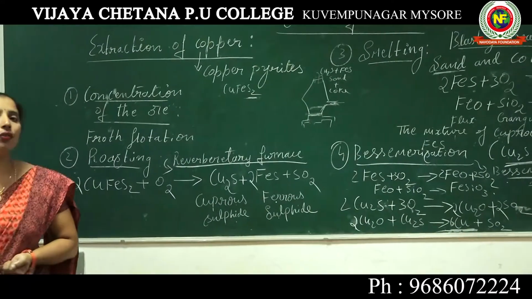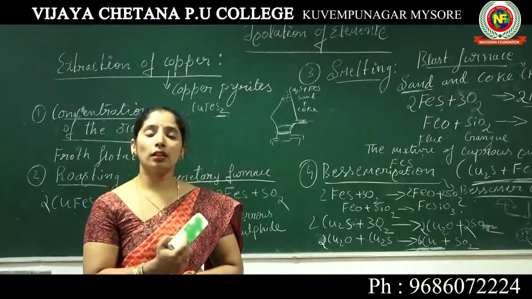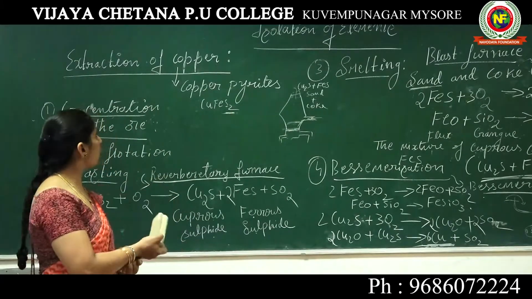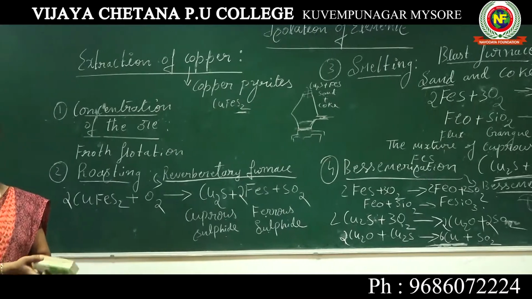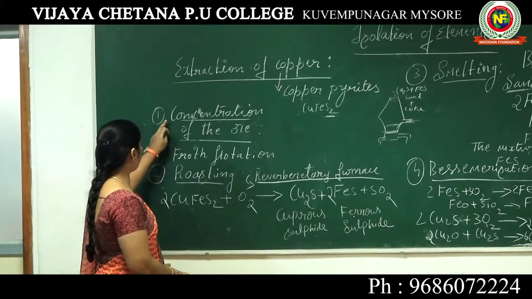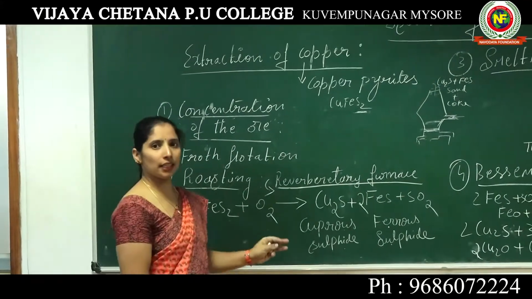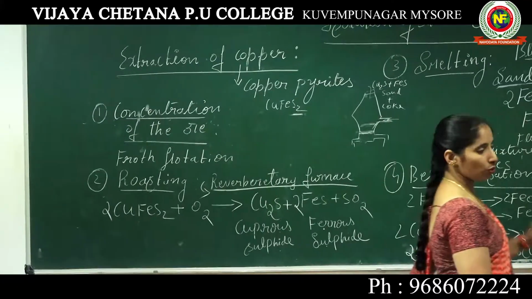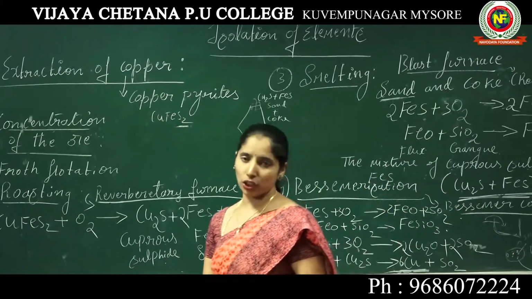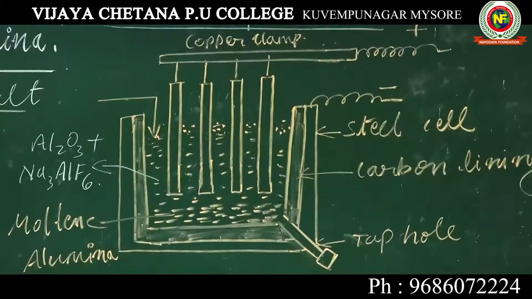So we finished how we get iron from its hematite ore. Next, the second thing is how we get copper from copper pyrites. And now we enter the extraction of alumina. So please keep these steps in mind. If you learn along with these steps, it will become very easy to extract the metal. So the next one is the extraction of alumina.